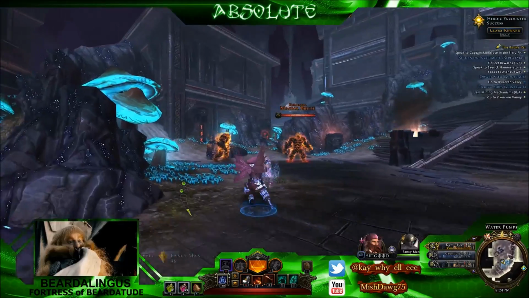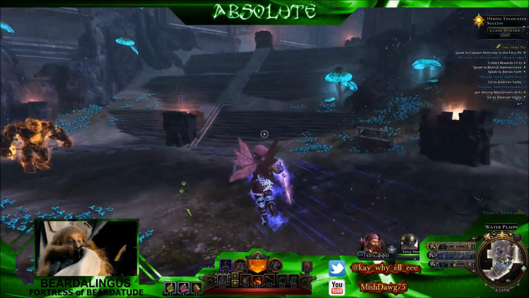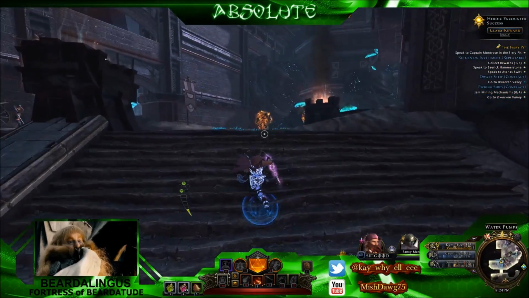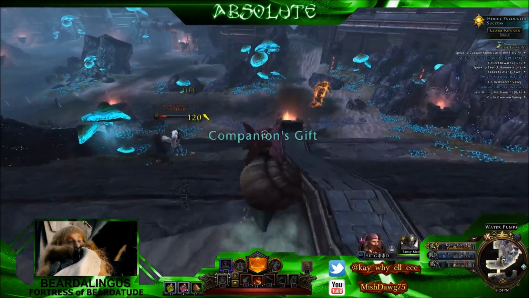2 will spawn right here. 2 will spawn over here. You can't see them right now. And, yep, 2 will spawn up here at the top of the staircase. There they are. And sometimes when they spawn, you'll notice that they have bigger health bars, and that just means